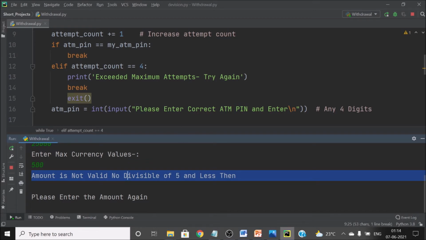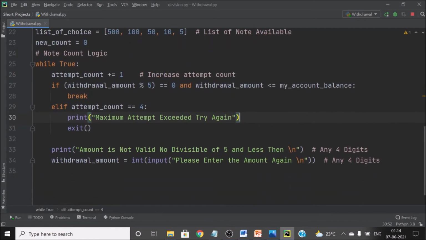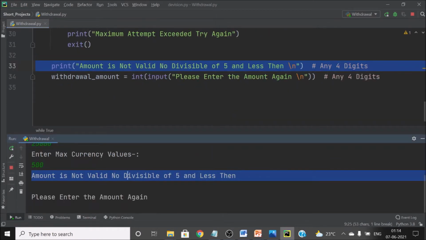Whatever message you would like to print over here in this line, that message will come. You can see this is the same message which is coming, and then please enter the amount again.